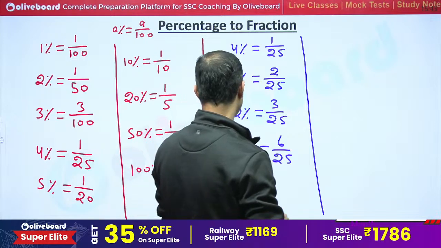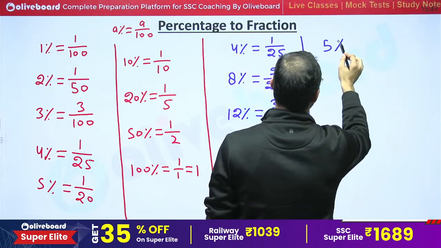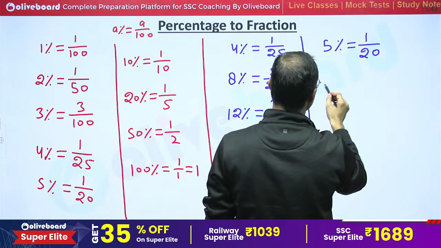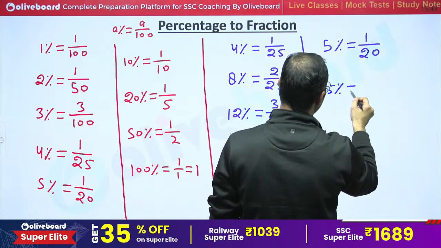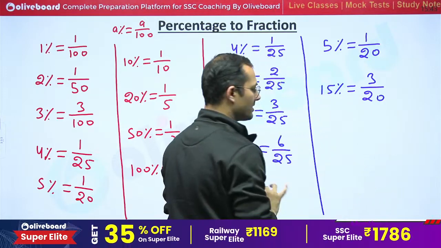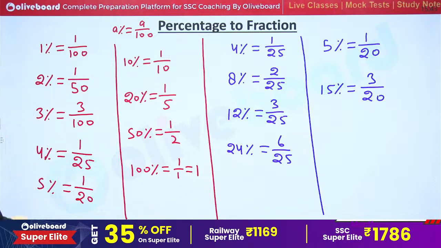Yes. See, if I say 5%, everyone is saying that 5% is equal to 1 upon 20. So what is 15%? Directly we can say that 3 by 20. Okay, no problem in this. Yes. See, and the next point is